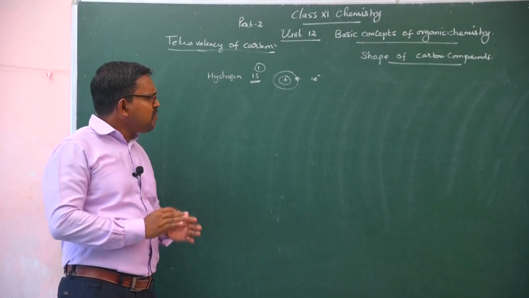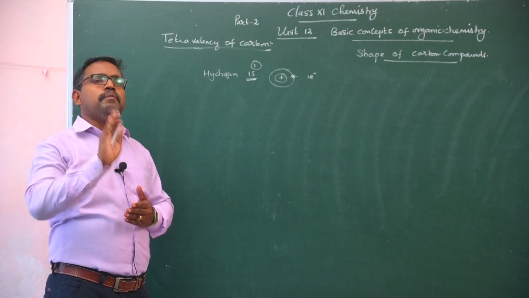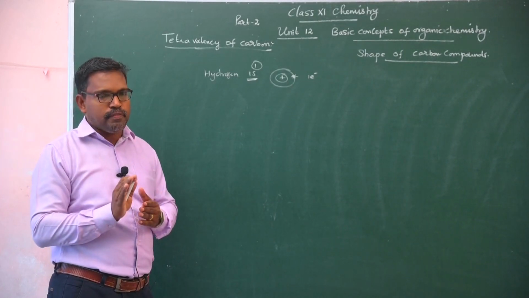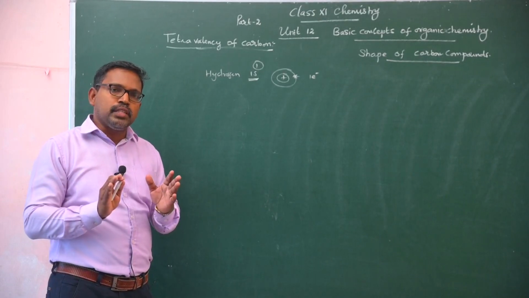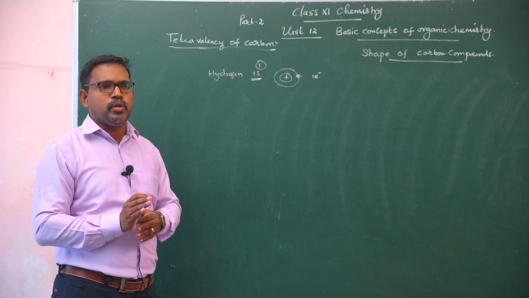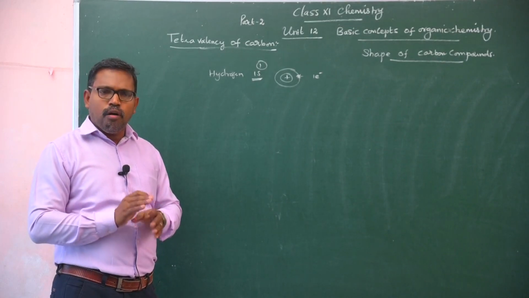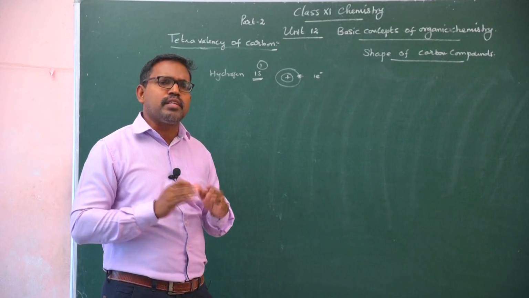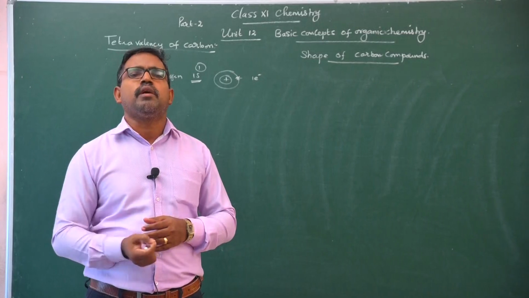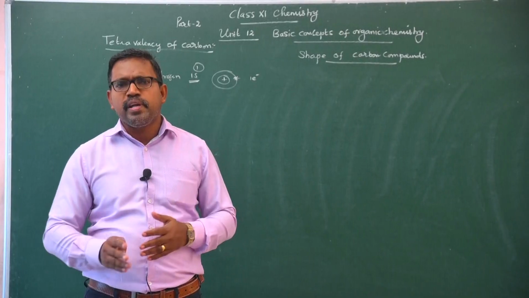And valency means the number of electrons that participate in chemical bond formation. Suppose an atom has 7 electrons present in the valence shell. All 7 electrons are not necessary to participate in bond formation. Some electrons, say one electron, may participate in the bond formation, and that is said to be the valency of